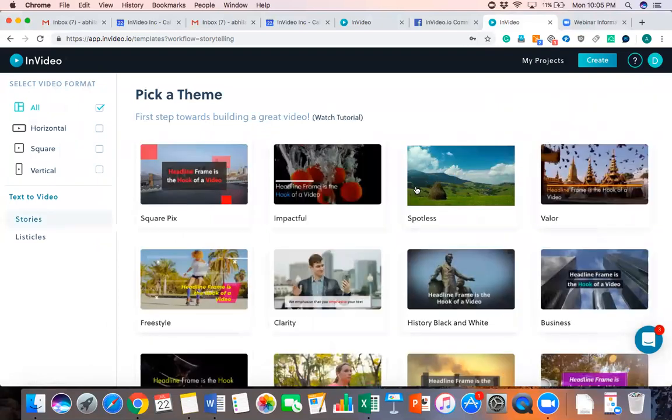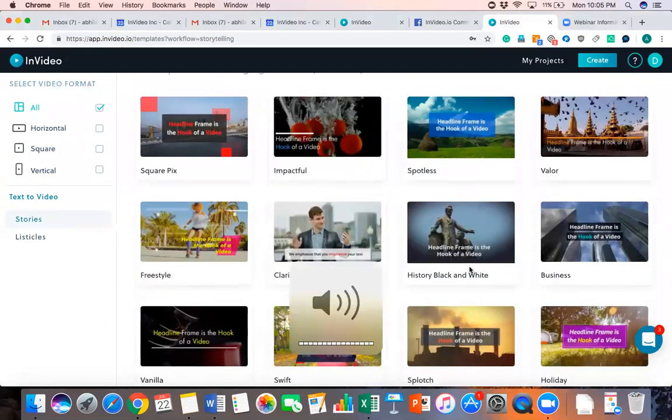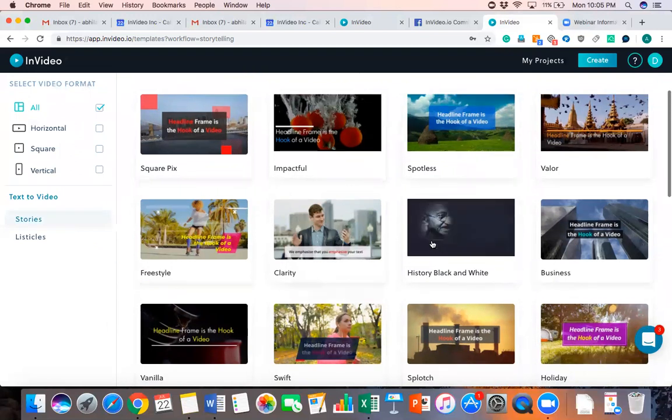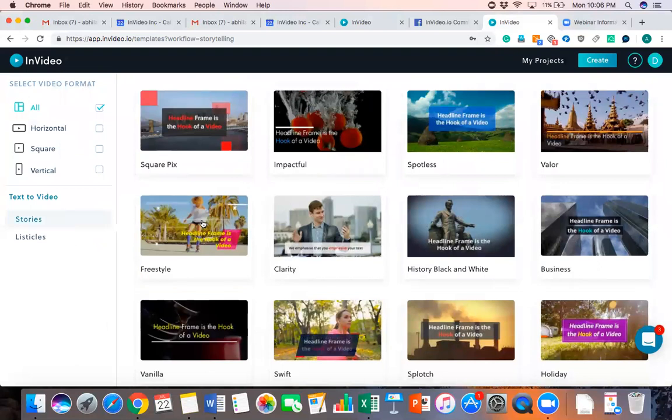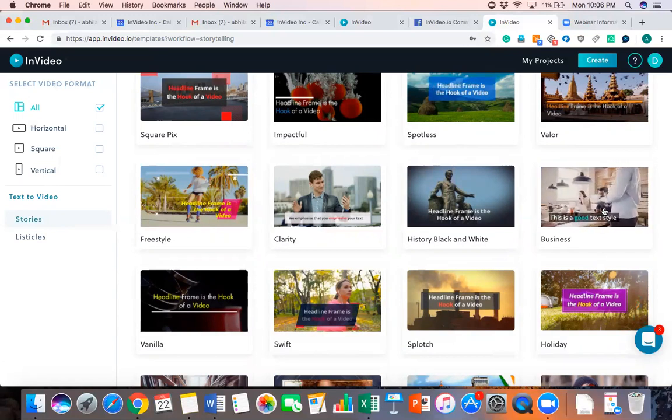As soon as you go inside the workflow, you'll come to this screen wherein you will see quite a few templates, right? Now, when you hover on any one of these templates, it'll actually show you how the templates will look. They're categorized according to different moods. They're also labeled accordingly. So as you can see, this is something that is freestyle. So it's probably better suited for an entertainment kind of video. We've got vanilla, which is a fairly straightforward, simple kind of video. Then we've got business, which might be effective if you're trying to make a business presentation, right? For the sake of this demonstration, I'm going to start off with business,